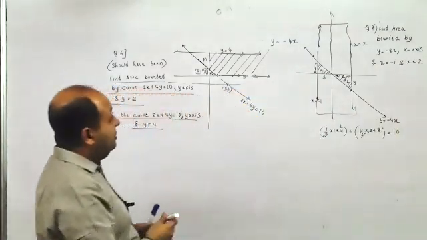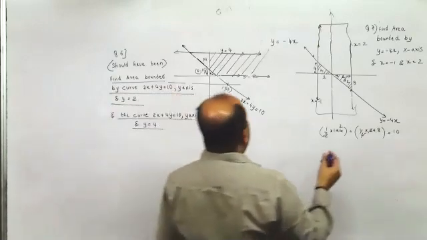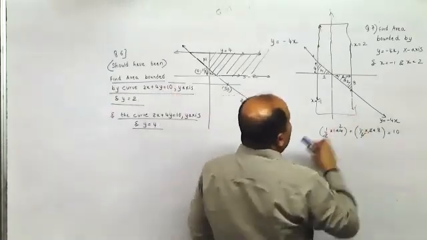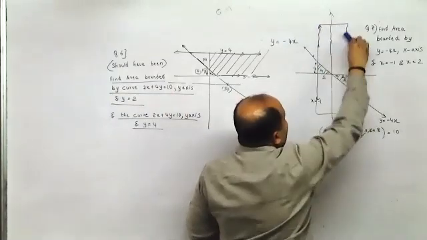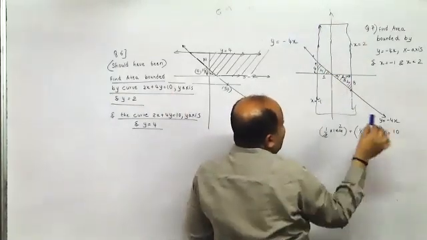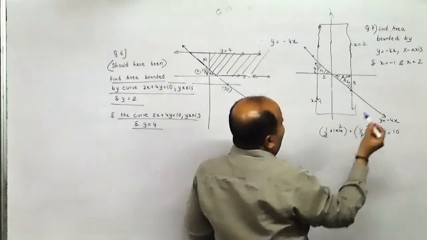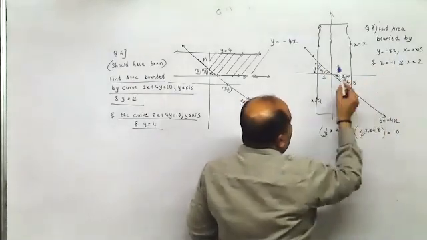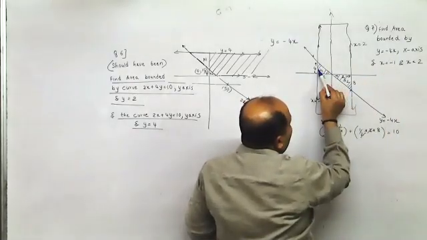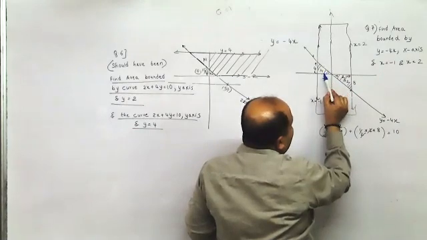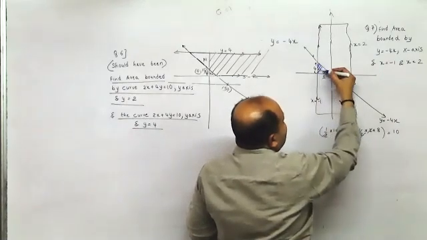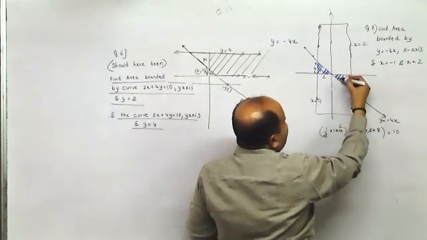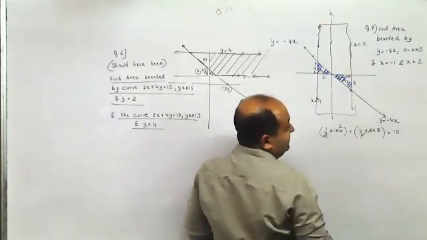Last evening you had asked me how to identify this region: y equal to minus 4x, this line, this line. So this would have been the region and this would have been the region. I made a mistake there. We should have considered the x-axis and these two lines. So these are two regions. It should have been x-axis, not y-axis.